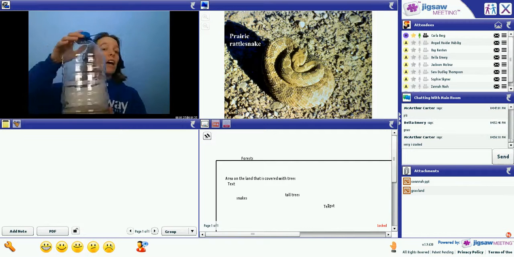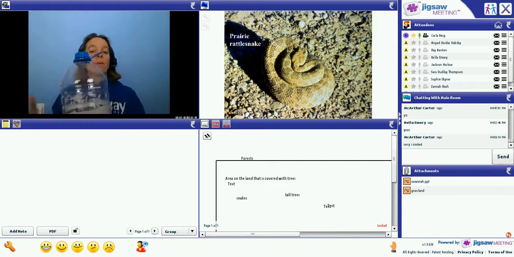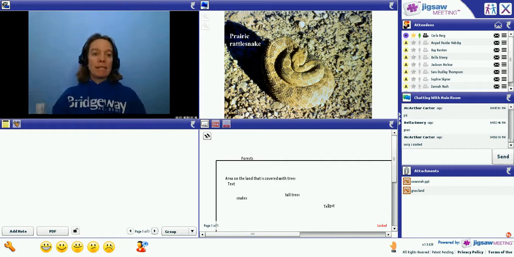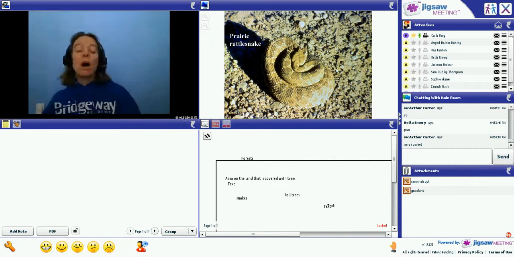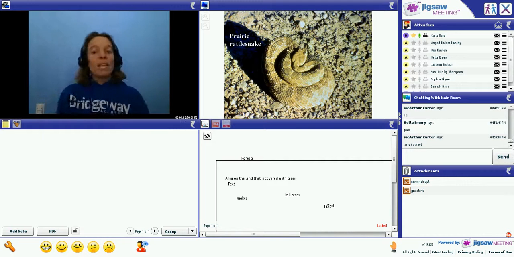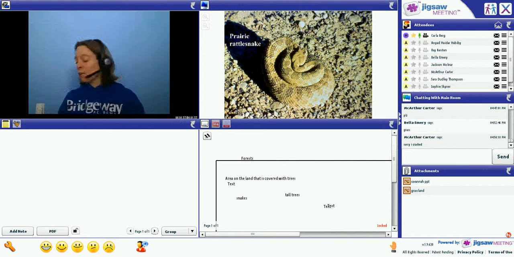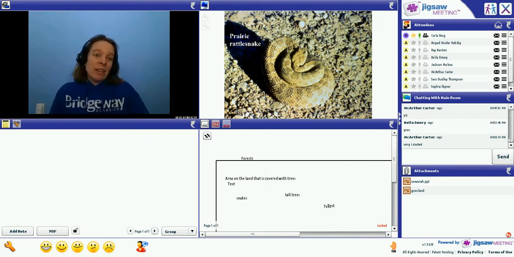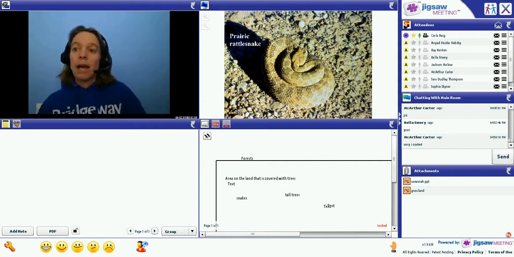Putting the bottle top on top of your terrarium will allow the temperature in the terrarium to be warmer than the outside air. So if you're keeping it in your house, the best thing to do is put the lid on it. It will keep the moisture inside of it. You also are going to water it if it looks like it's getting dry. Depending on where you live, you may need to water it every day, or you may need to water it just once during the week. You'll have to look at that and decide with your parents.